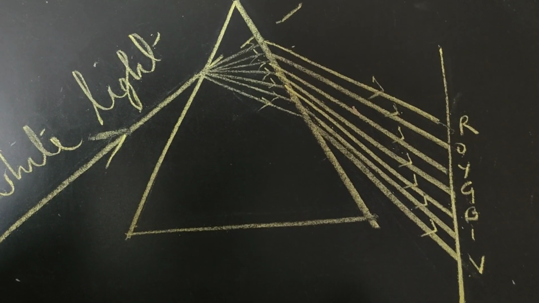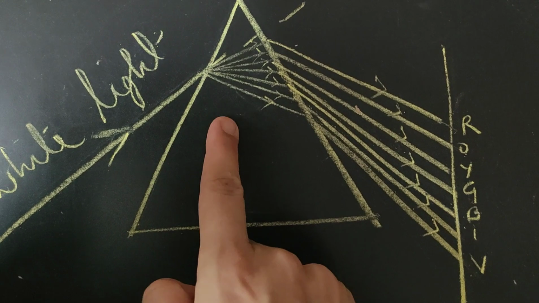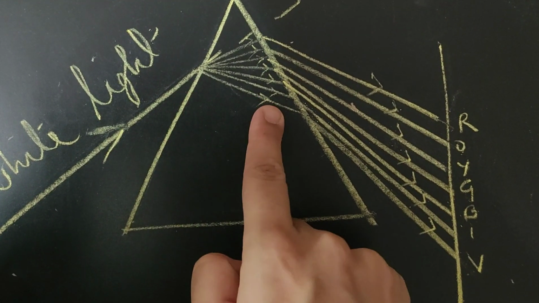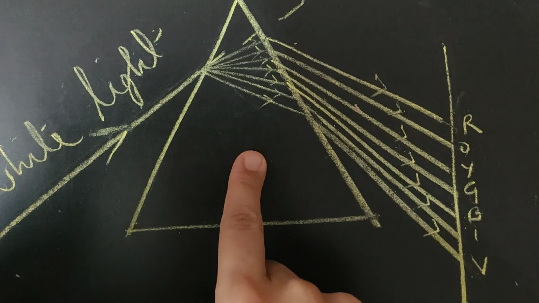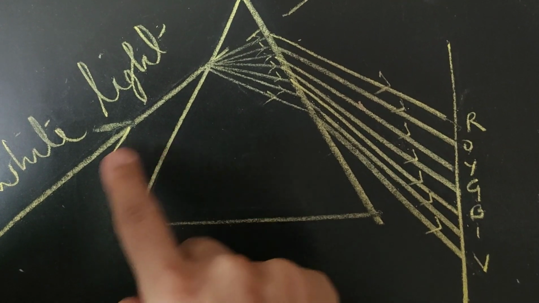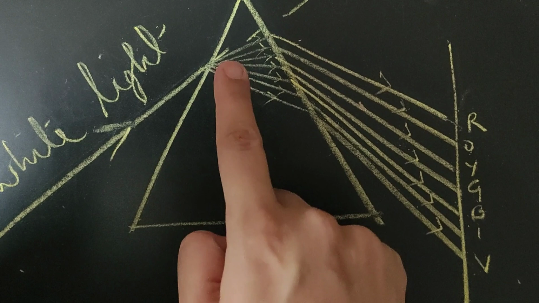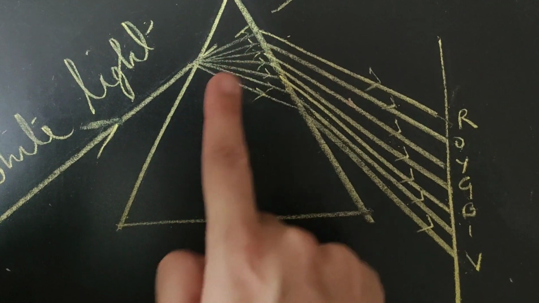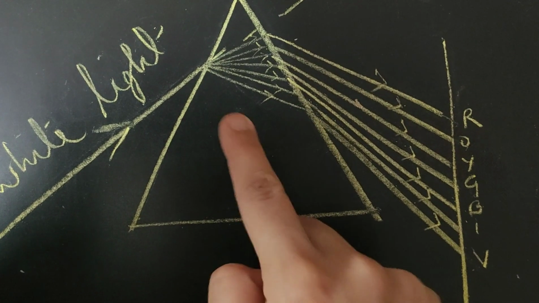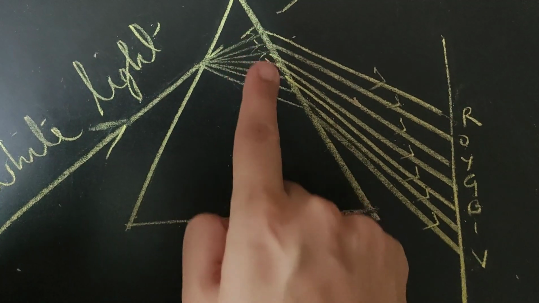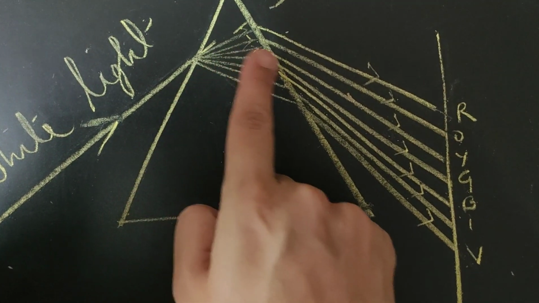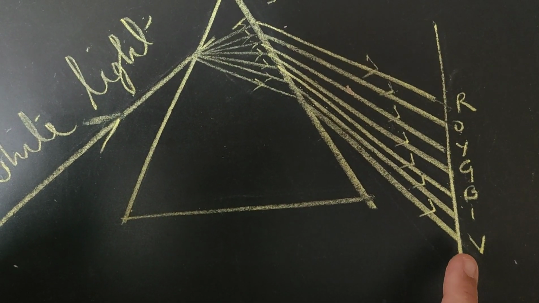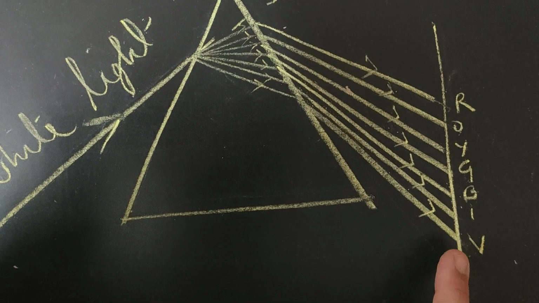Remember from Snell's law that the refractive index of a medium depends on the color of the incident light. So you can clearly see here that since the incident light is containing all these 7 colors, different wavelengths, they have a different bending. This glass prism has a different refractive index for different colors. Red is bending the least and violet is bending the most. We had done this as the Snell's law also.